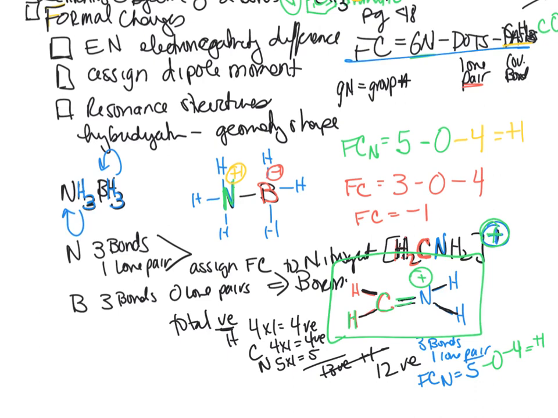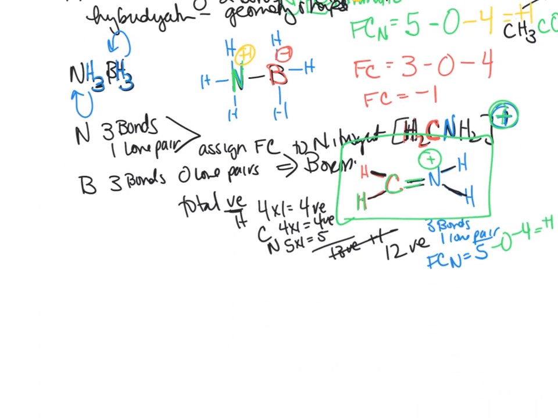If you don't have your formal charge assigned appropriately, you will lose points, and it will be because you do not have a correct Lewis structure if you do not have the formal charge drawn correctly. All right, so